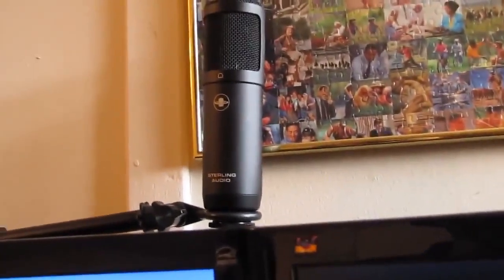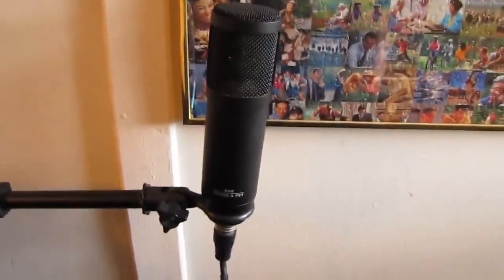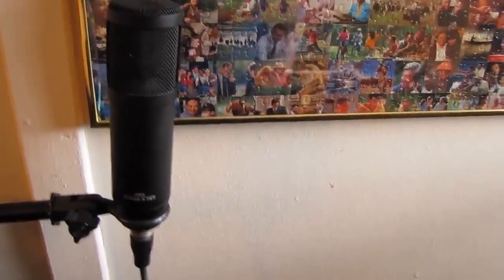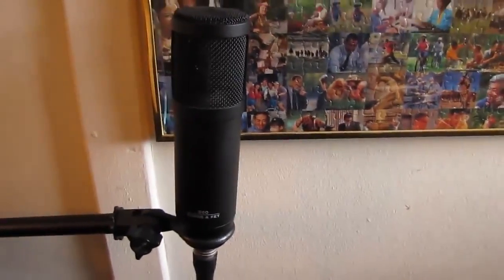Okay, so then there's my speakers. Actually, I'll go to those last. Then there's my microphone. My microphone is the Sterling Audio S50. There's a combination, I believe it comes with the S50 and the S something else, but it's pretty nice microphone. This is what I'll use for all my tutorials. Like I said, I bought a package. It came with two at Guitar Center. It came with this one that they said was good for vocals, and it came with another one over there that it said was good for like percussion or something,